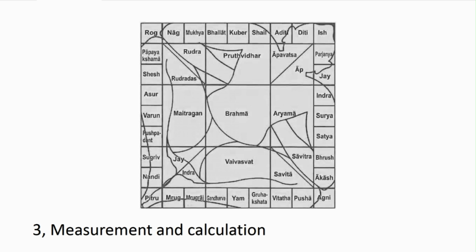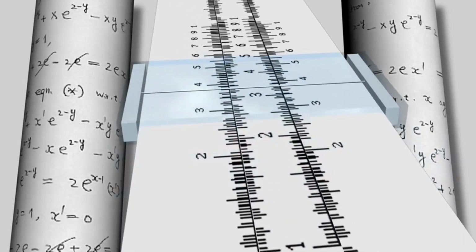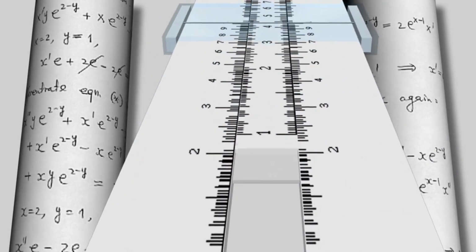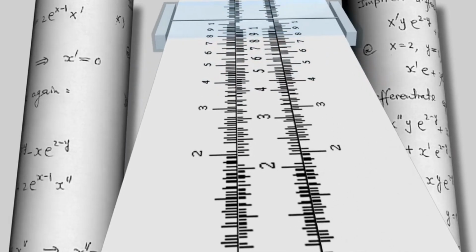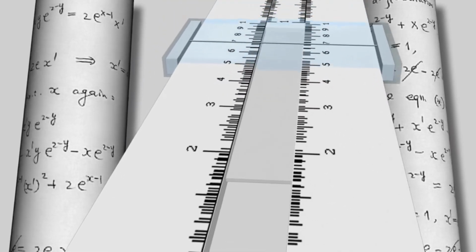Measurement and calculation. Measurements and calculations were made to ensure that the temple was built according to the principles of Vastu Shastra. In traditional temple construction, particularly in Hindu architecture, measurements and calculations are based on a system of proportions and grids,